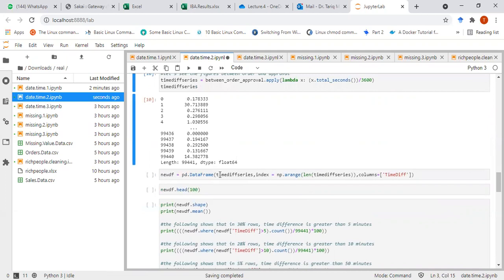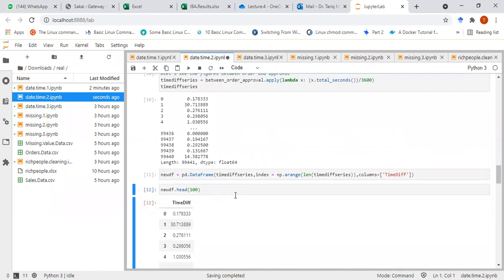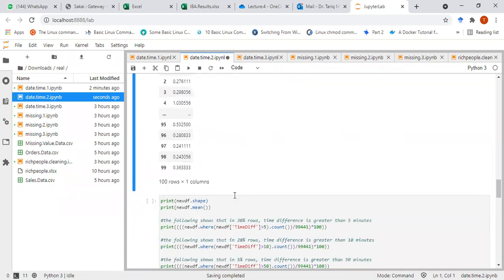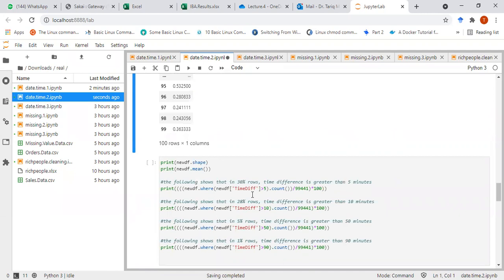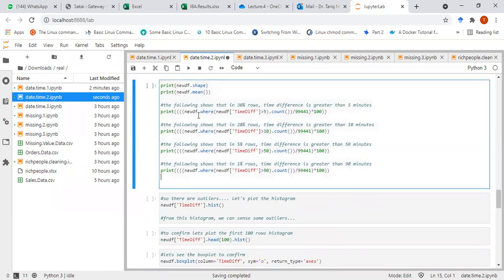So some people will just create a new data frame for everything. So we can create a new data frame in which we can calculate this time difference. When you calculate time difference, you can cast it as a new data frame because it will allow you to do some calculations. So in this case, what we have done is that we have